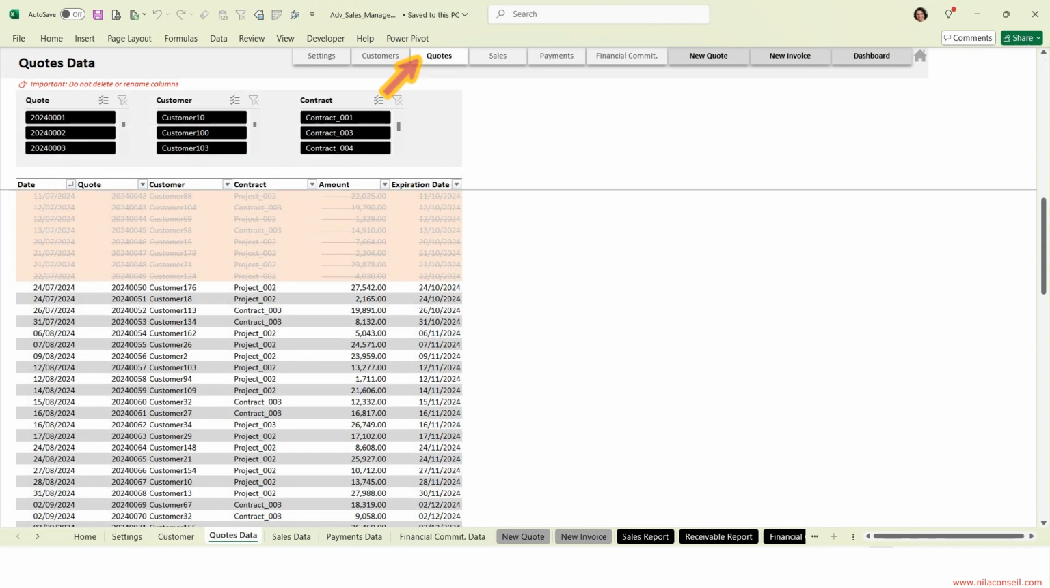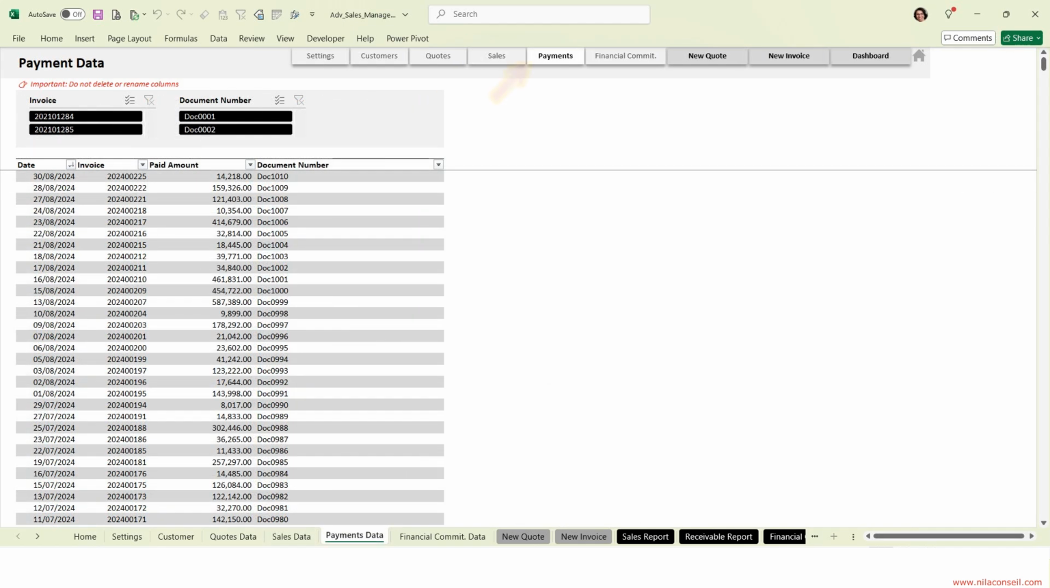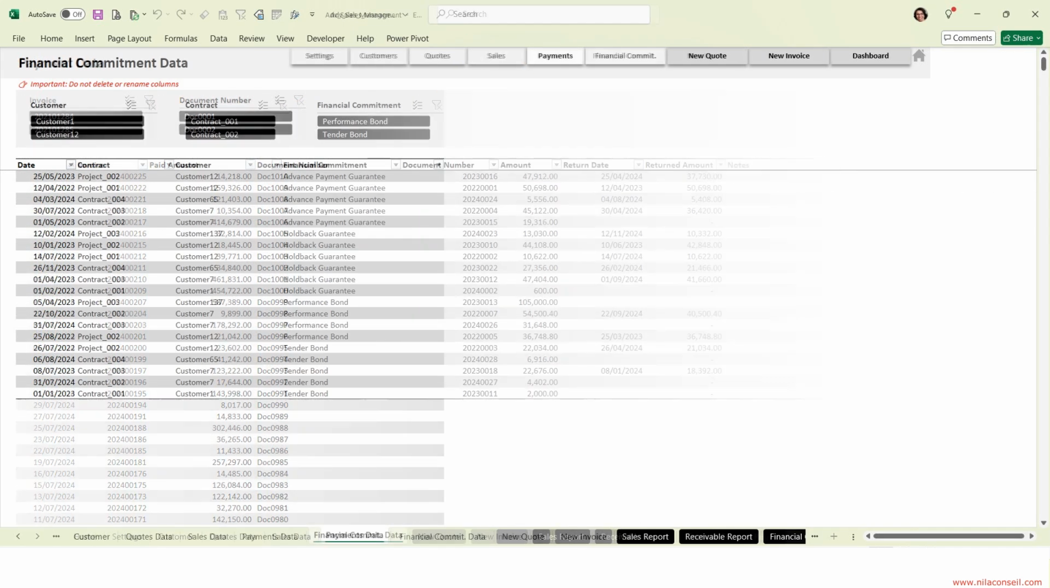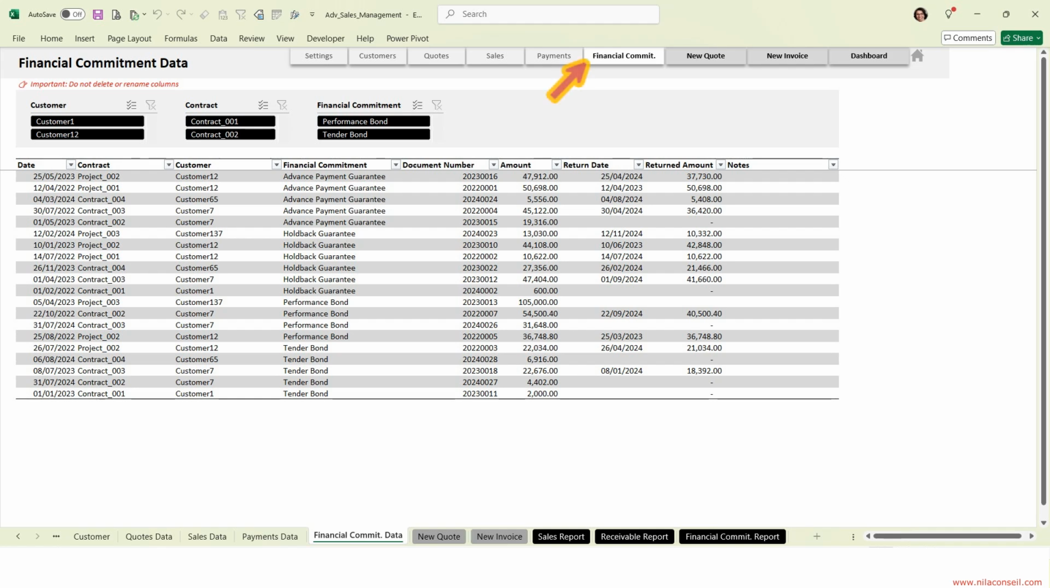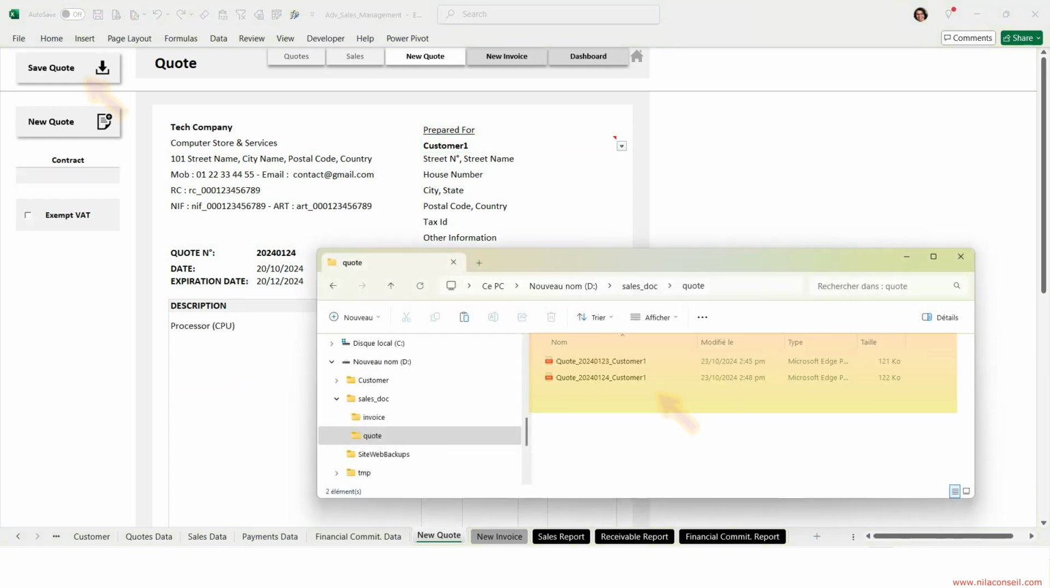Create and save sales quotes. Create and save sales invoices. Enter payments received for each invoice. Enter financial commitments data. This sheet allows you to create a sales quote, to save it as a PDF file,